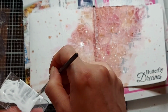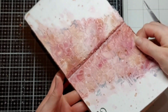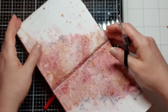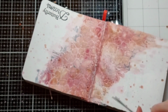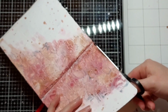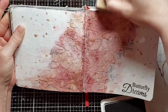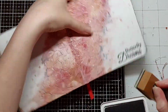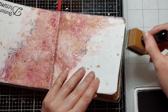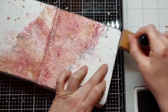My art journal isn't in the middle yet, so it's not laying completely flat, and my image just came out so bad. So every mistake can be fixed, which was why I didn't edit that bit out, and I wanted to leave it in the video just to show you it happens to all of us. I fixed it just by adding more of the gesso in that area and then adding some more of the splatters. I then decided to add some white splatters, especially in the middle, and I done that with some slightly